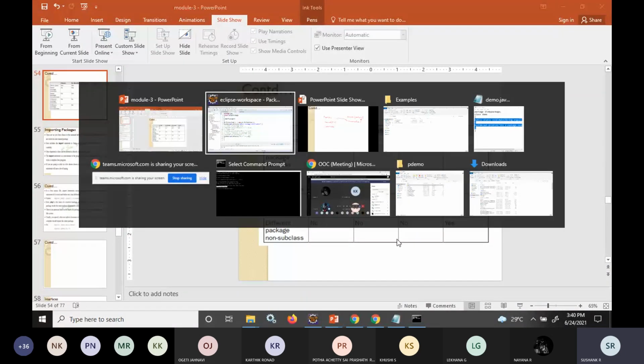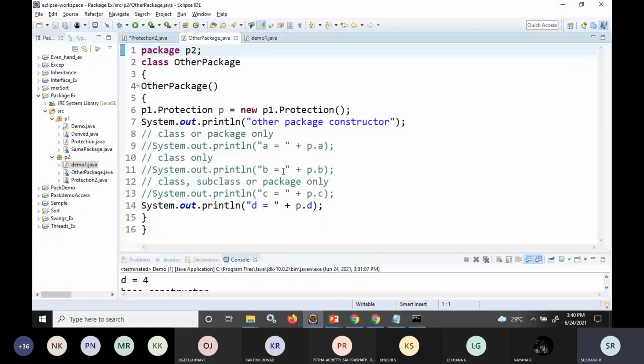So you can check the code for this. Here it can access only public variables. If it tries to access the protected variable with no inheritance relationship, you will get an error. If you try to access a private variable, private cannot be accessed, you will get an error. If you try to access a default variable outside the package, you will get the error.